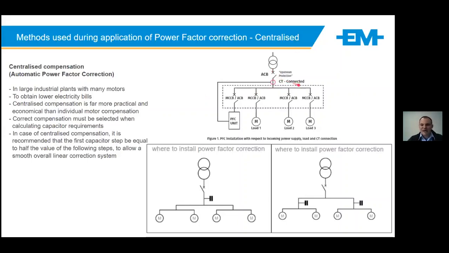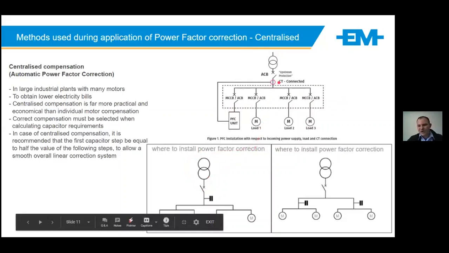What would happen here is, if you imagine that was your site and your total load, on the main incomer, on the LV side, you would connect your power factor unit onto that bus bar, as an example. Then you would include a set of CTs, which would measure the total site load to be able to correct that reactive power shortfall. This can be done on the main incomer, in this example, or further downstream.